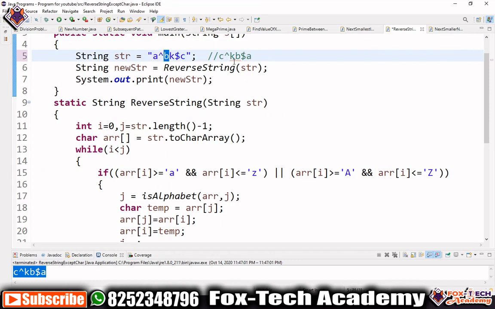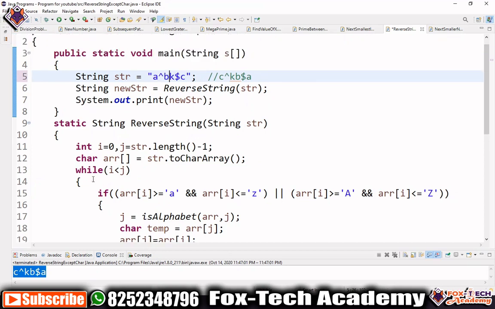Next time it will check B, so this B will be replaced by the next character. The next character is dollar, so it will not be replaced by that one; it will check for a different character. The different character is K, so this B will be replaced by K. After this we didn't find any more, because we reached the middle of the string, so we don't need to go further.